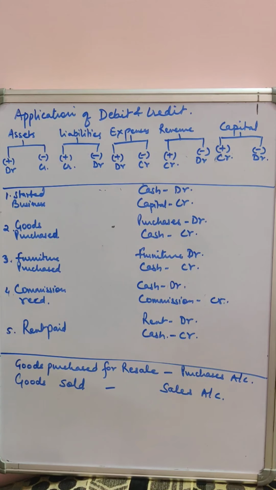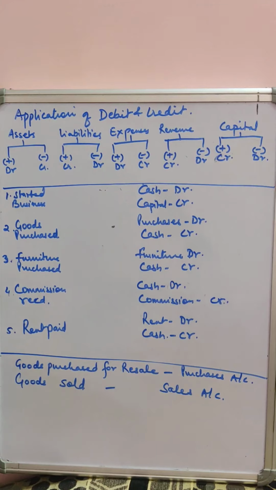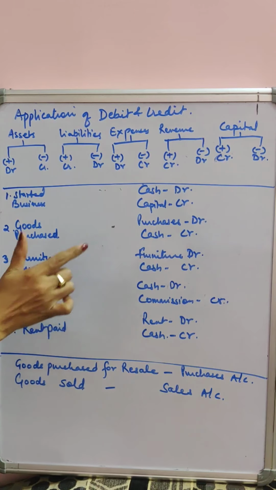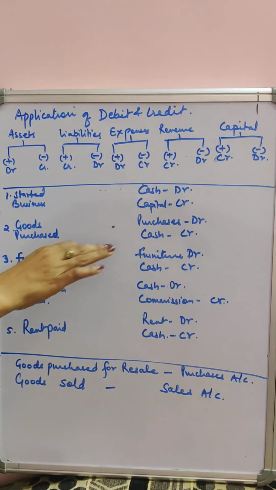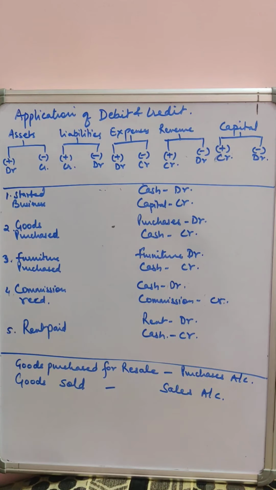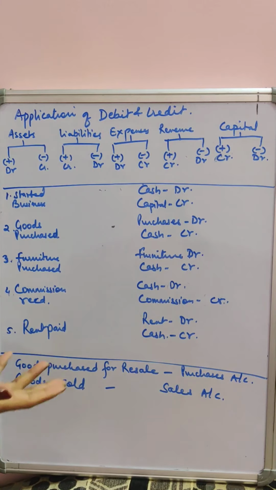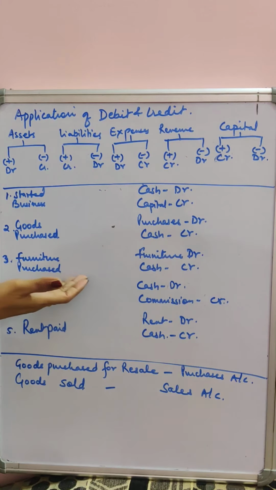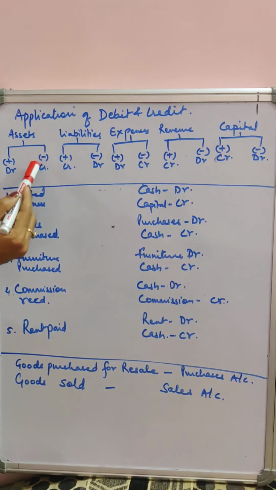Next is furniture purchase. Here again we have two things. One is furniture and another one is cash. Both belong to which category? Assets. Nature of account is asset. So what does the rule for asset say? Whatever is increasing needs to be debited. What is increasing? When we purchase furniture, in your business furniture increases. We record furniture as an asset, and that will increase. And when you have purchased this furniture, you need to pay a certain amount, so another asset, cash, is being decreased. Any decrease in asset will be credited.